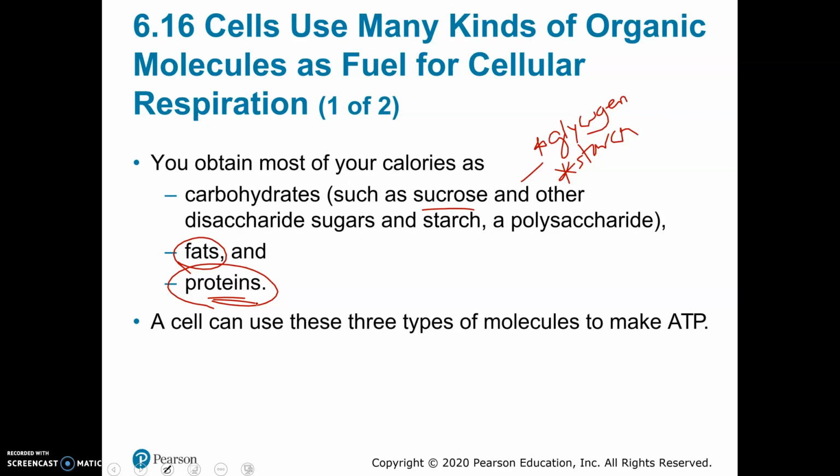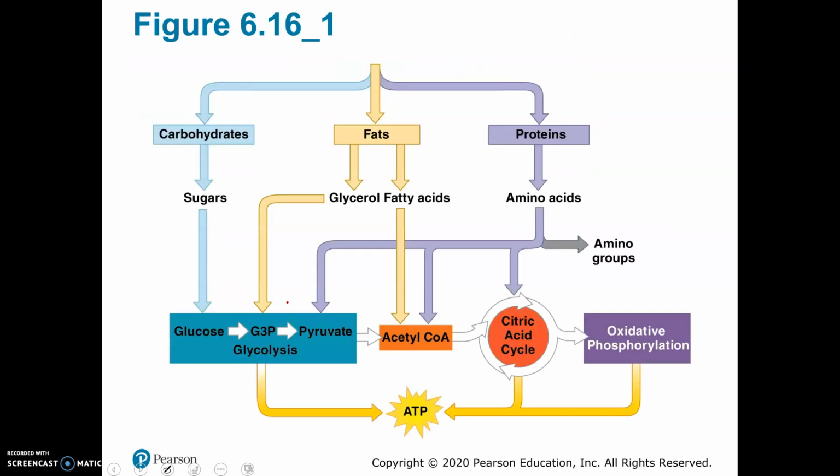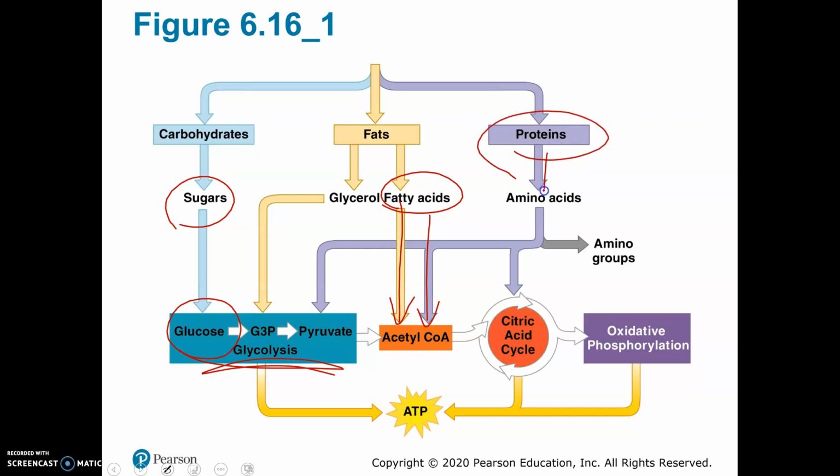That's why a lot of times when people go on a diet, they go on one of those high protein diets. It's so that your body will burn fat. You eat no carbs, you eat a lot of protein. Your body will burn fat, but you won't lose muscle or protein, because that can be very dangerous. Bottom line though, your cell can use pretty much any food you eat to make energy. Carbohydrates will go through glycolysis as their first step. Fatty acids will go straight to the acetyl-CoA, and proteins will get broken into amino acids, which will feed into